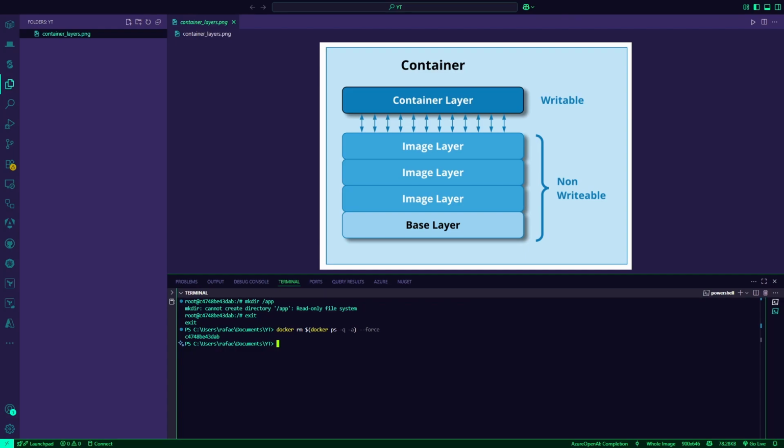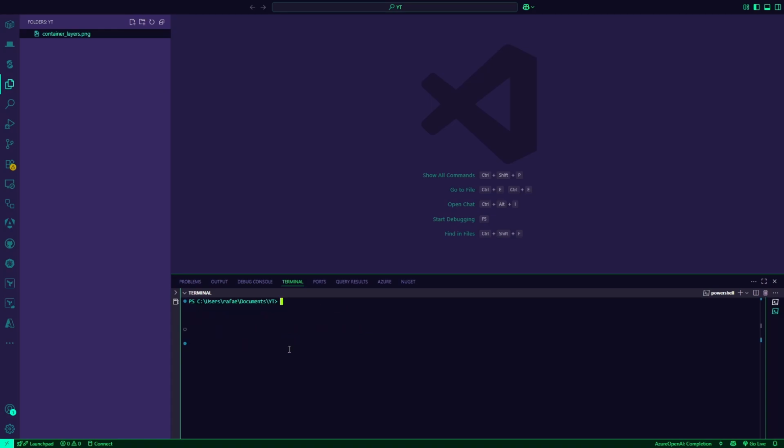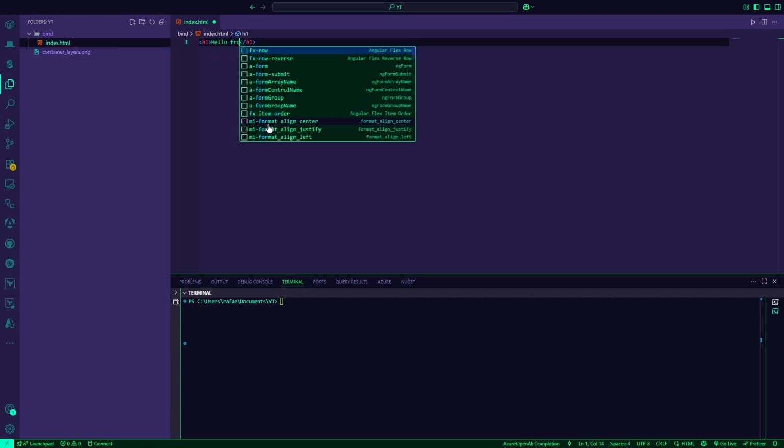So let's first start with bind mounts. Okay, so bind mounts are just a way to map volumes manually from your local storage, as an example, inside your container. What does that mean? For example, let me create a folder here called bind, and inside bind I'll create an index.html. Okay, and I'll just create an h1, hello from bind. Okay,